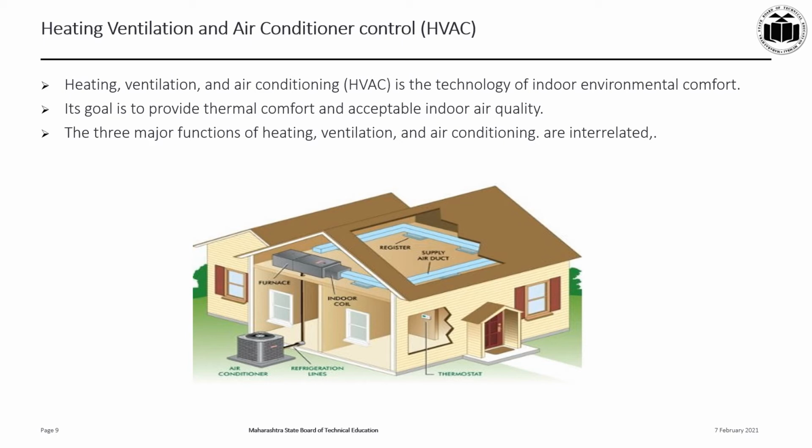The first part is heating. Heaters are appliances whose purpose is to generate heat for the home. Heating can be done by using a system containing a boiler, furnace or electrical heater. Heat can be transferred by convection, conduction or radiation. The second part is ventilation. Ventilation is the process of exchanging or replacing air to provide high quality air. Ventilation involves temperature control and removal of moisture, odor, smoke, heat, dust, bacteria, carbon dioxide and other gases.